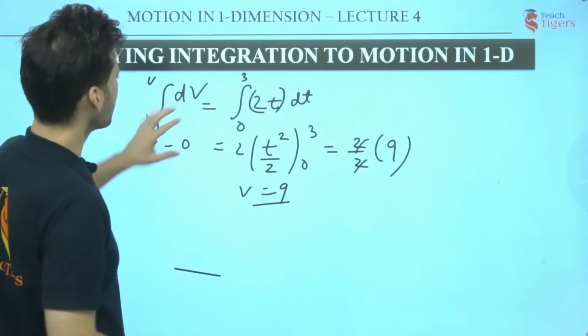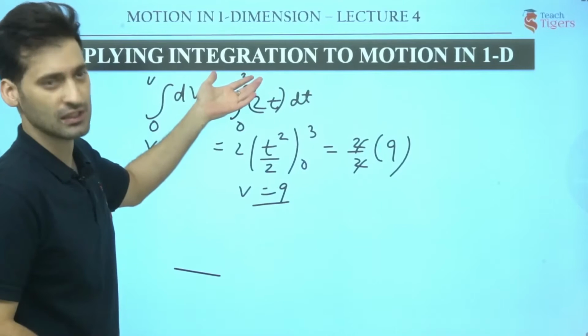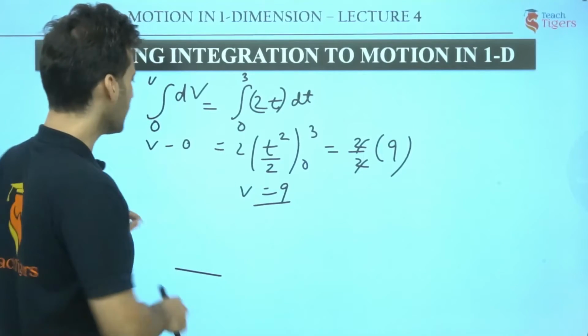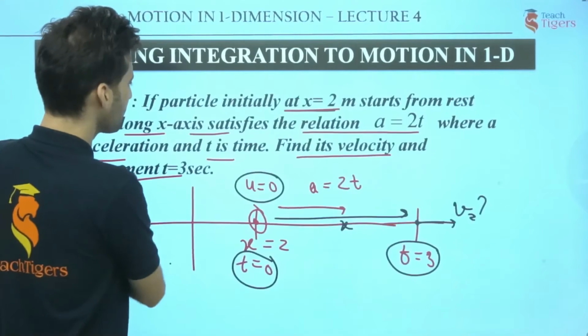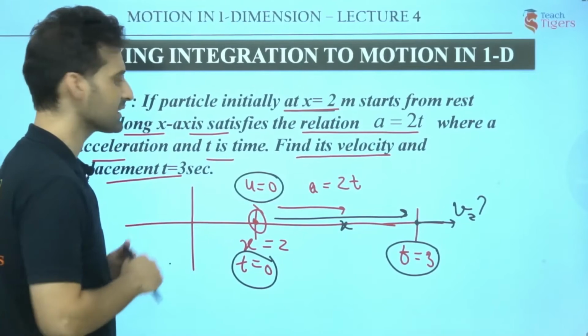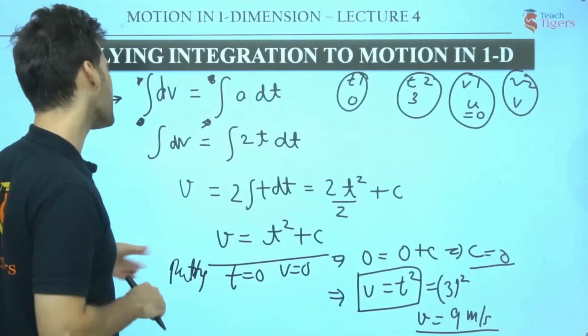In definite integration, we put the limits earlier, initially, at this stage only. So this is only the difference, okay? Now, if you want to go to the next part of this question, it is saying find the displacement also at 3 seconds. Now, you have to approach in the same way.